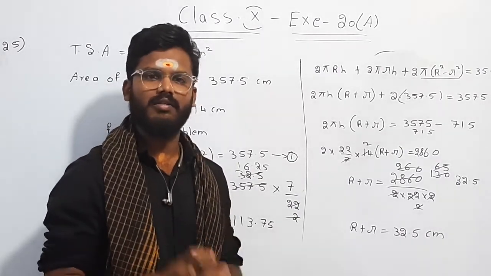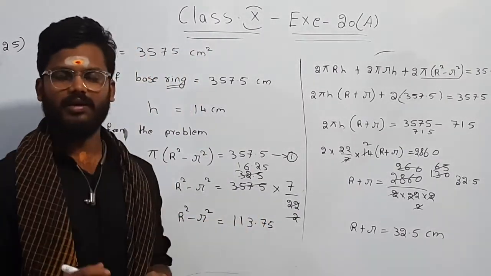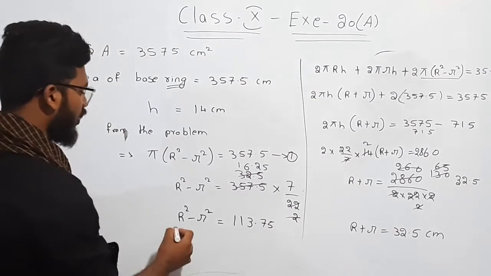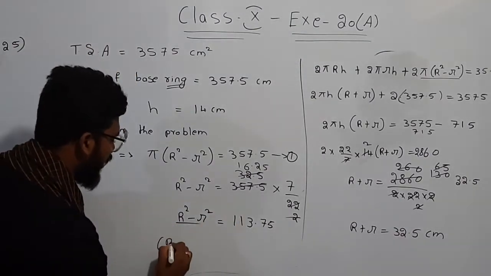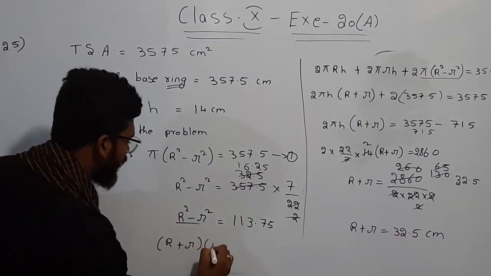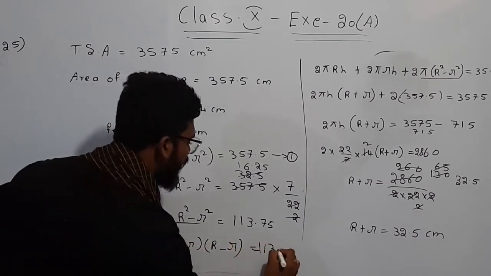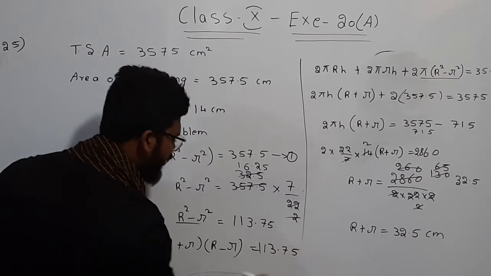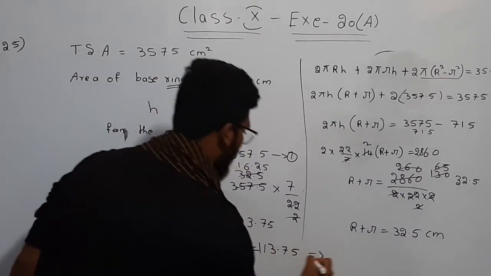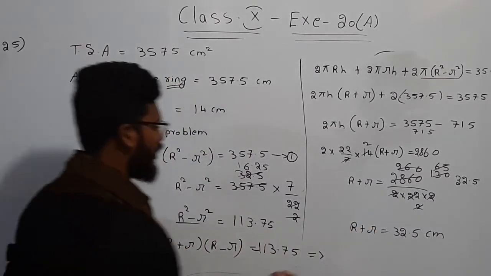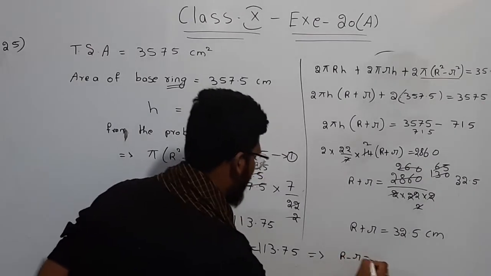We have to find the value of R minus r, nothing but the thickness. So from this we can tell (R plus r) into (R minus r), right? A square minus b square is nothing but (a plus b) into (a minus b), right? So after this, if I substitute the R plus r value here, R minus r we will get